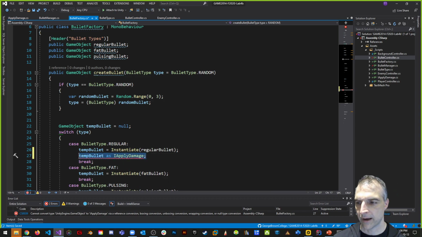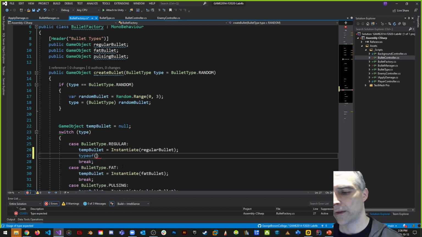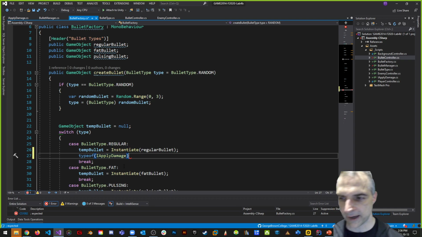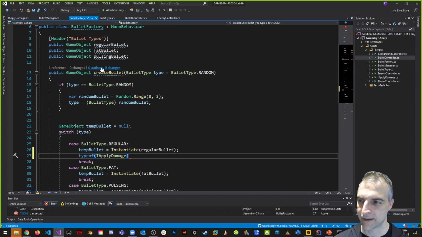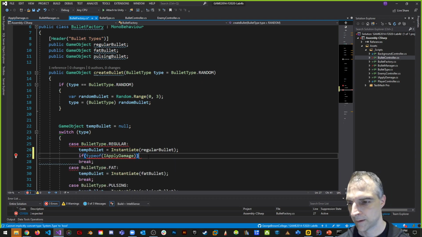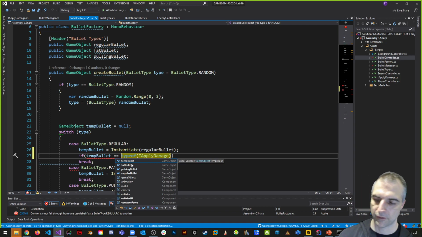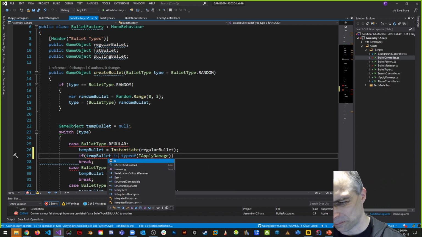And if I did something like typeof IApplyDamage, if that's true, if my game object is of type damage, and I want to say that if temp bullet equals typeof, or is typeof, if I'm not wrong,